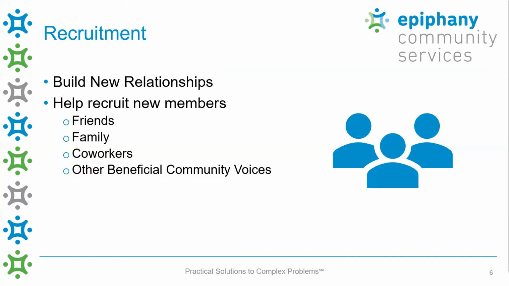And we talked about recruitment. Think of recruiting friends, family, people that you already spend time with and like to hang out with. If you think they will be interested in this work that the coalition's doing, tell them, hey, maybe you should come to one meeting and see if you like it. It can't hurt, right? 1 hour of your time to come to a meeting. And if you like it, then maybe help us out, come to some other meetings, take part in some events. It can't hurt to get someone to come to a meeting, right? Even if it's just to spend time with you, maybe it's someone you haven't seen in 2 months and you're like, hey, our upcoming coalition meeting's coming up and I have to go to that. Why don't you come with me so we can spend some time together? Totally normal, right?